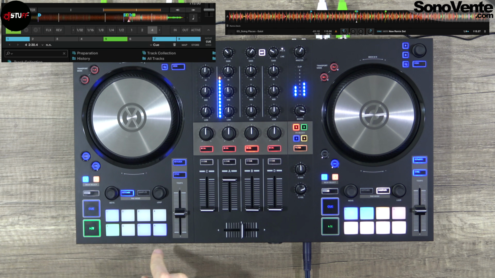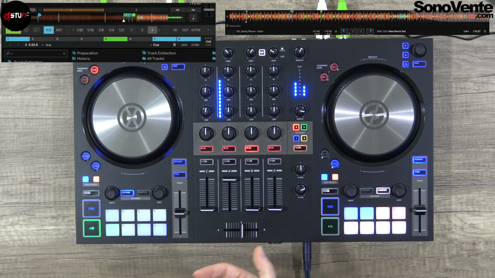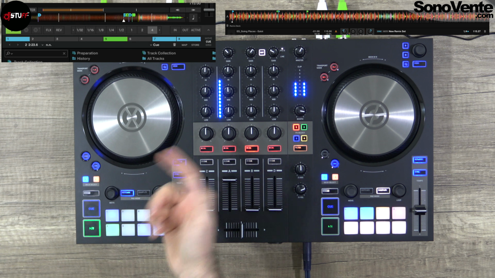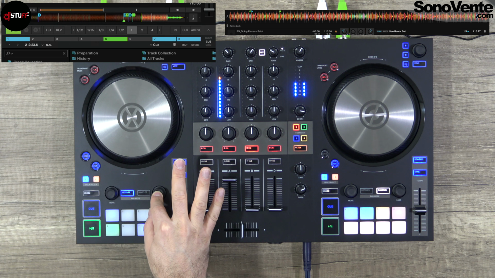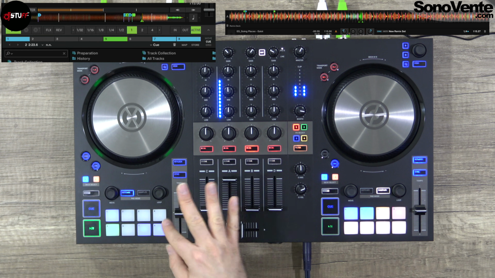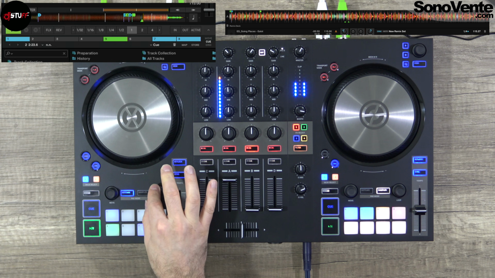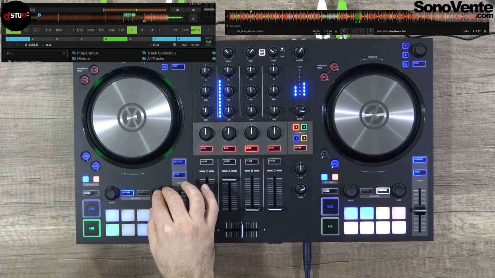So when you touch a hot cue, you will start the hot cue, but with flux mode, and it's the same for a loop. We will see the loop after, but if you want to make a loop, maybe one beat, you will have your loop and it's gone. And your track is always on this loop.